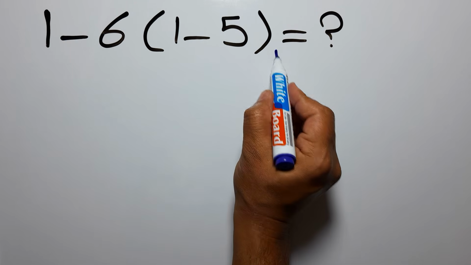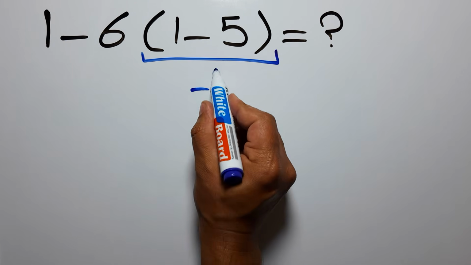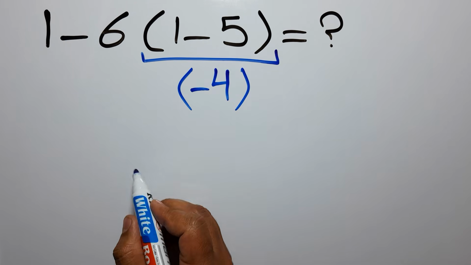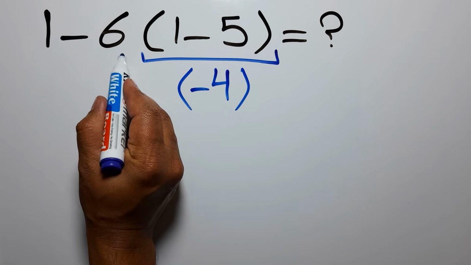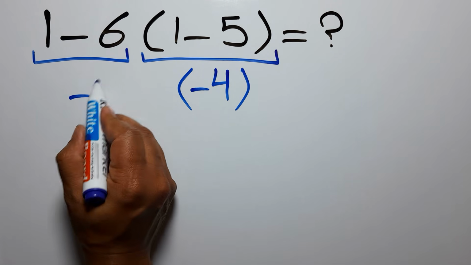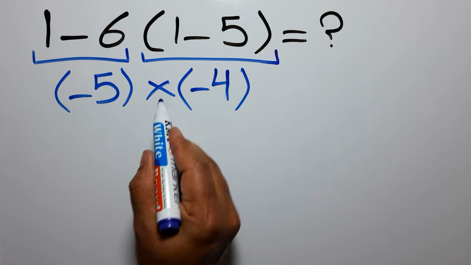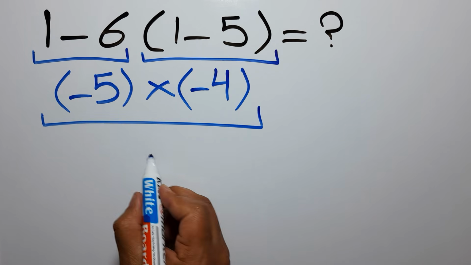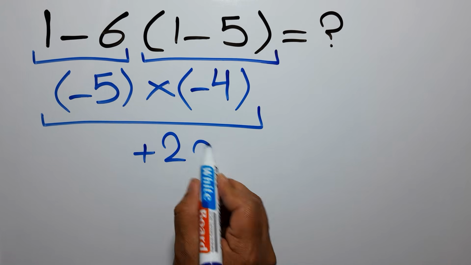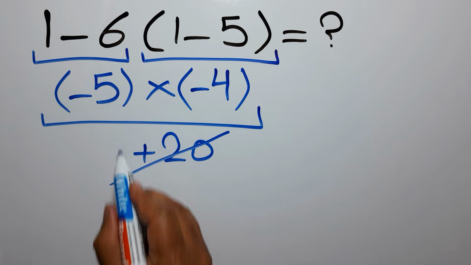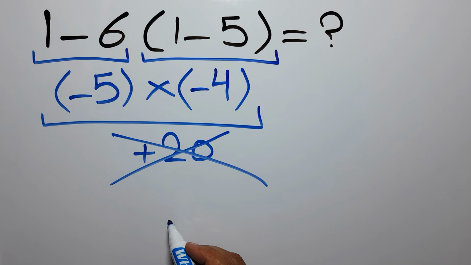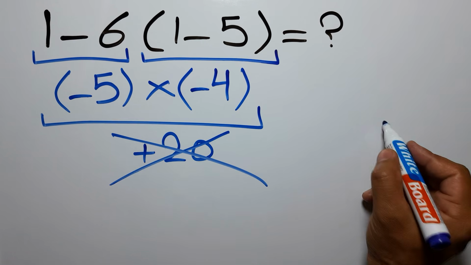1 minus 5 gives us negative 4. And here we have 1 minus 6, which equals negative 5. So negative 5 times negative 4 equals positive 20. But this answer is not correct, because according to the order of operations, which is PEMDAS,